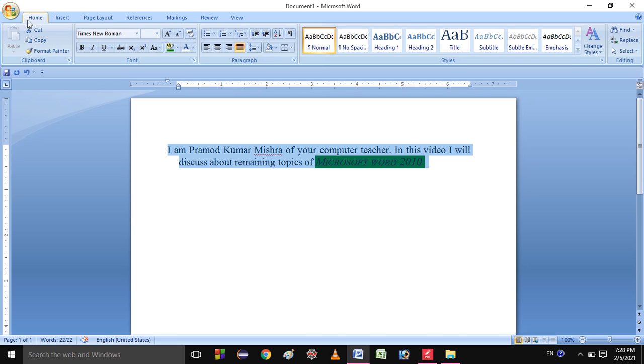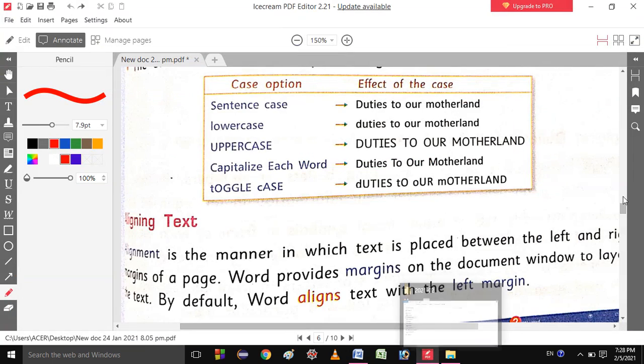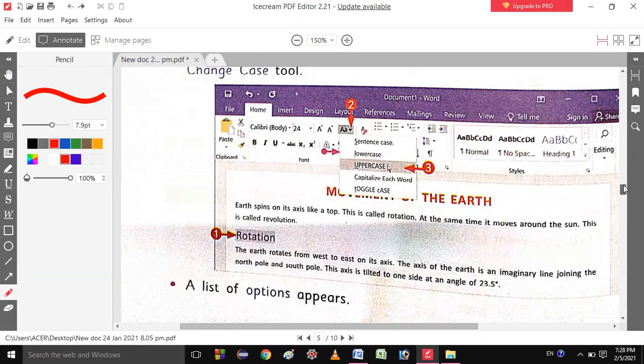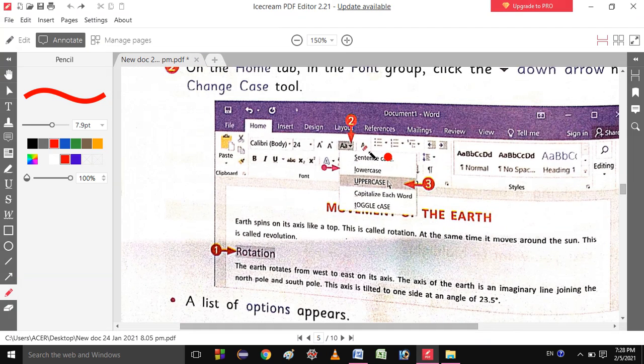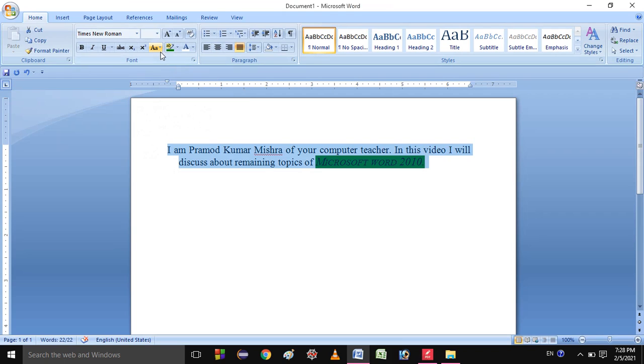Then next, I will go to the Home tab, then this Font group. You can see here clear formatting, this one for changing the size, this one for decreasing size and increasing the size. So these are the options you can check by yourself also. If you are confused, check here how you will go. The picture is also over here. So this one, where AA is written, you can click on this. You will get sentence case, lowercase, uppercase, capitalize each word, and toggle case.